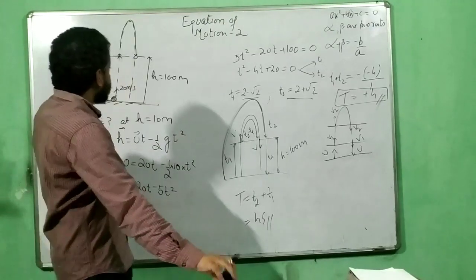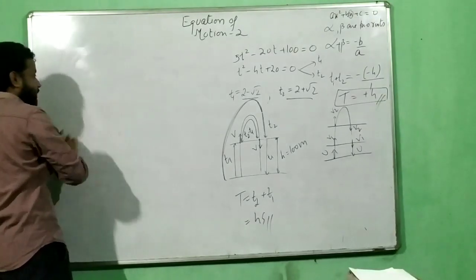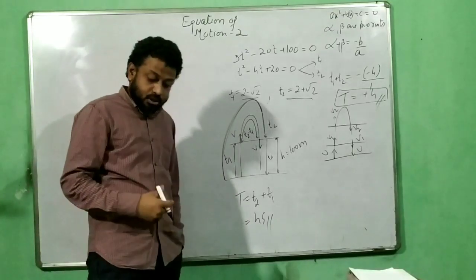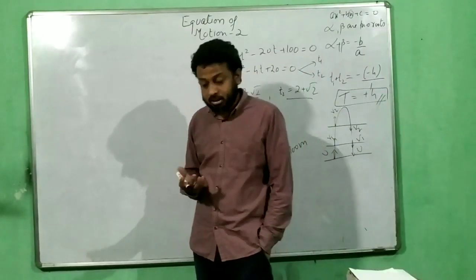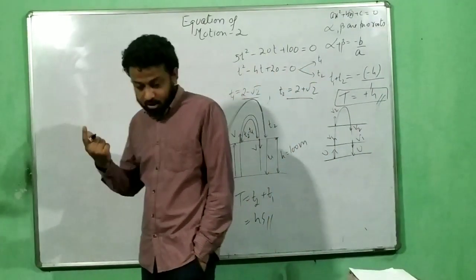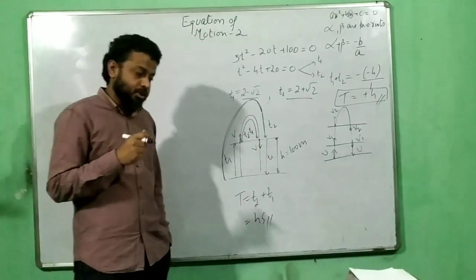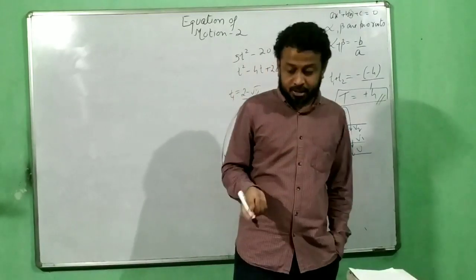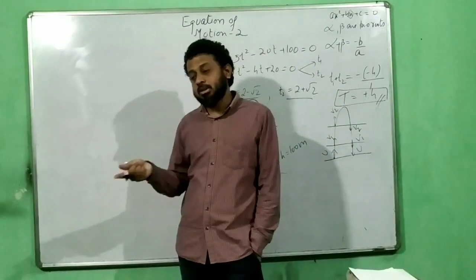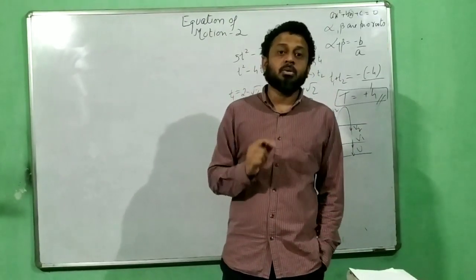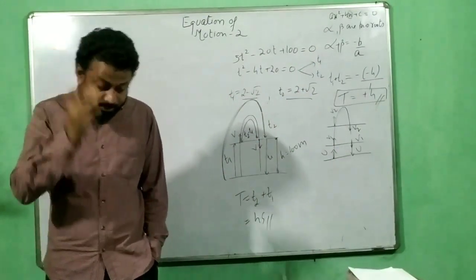The second thing which I want to focus on now, because this is just for the information based on which you will do some questions, is the concept of velocity gain due to inertia. Now, everybody might have told you in class 9 that you are not supposed to jump out of a moving bus because there is something called velocity due to inertia. When you jump from a moving object, you basically gain the velocity of that object. The reason is the bus has some velocity, so when you are coming out from the bus, you also gain the same amount of velocity. So your velocity becomes more than what you expect.